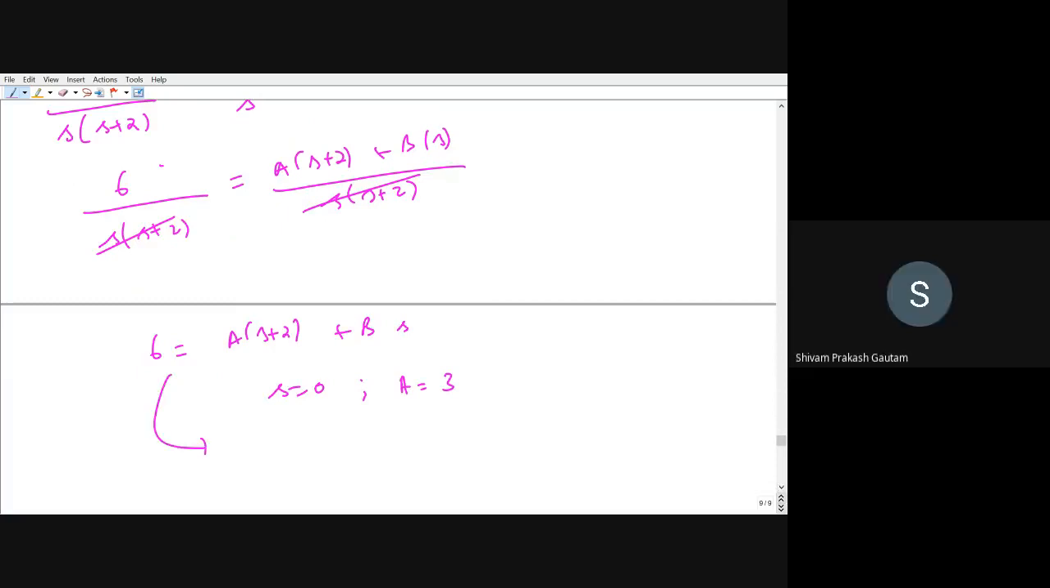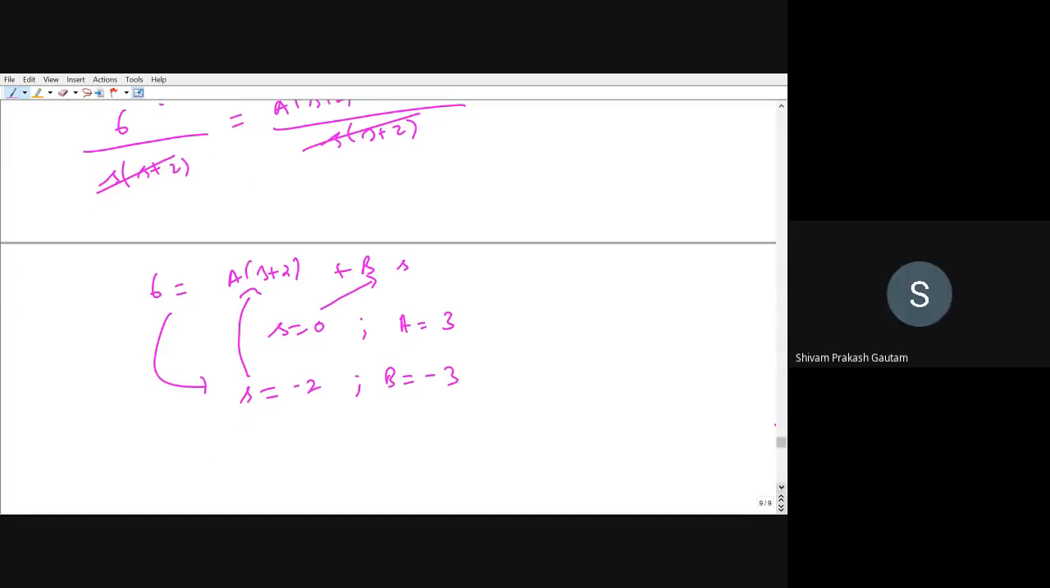If I put s equal to minus 2, why are we putting s equal to 0? So that b should be equal to 0. Why am I putting s equal to minus 2? So that a will be equal to 0. Now if I put s equal to minus 2, a will be 0. And what is the value of b? Minus 3. So we have taken,